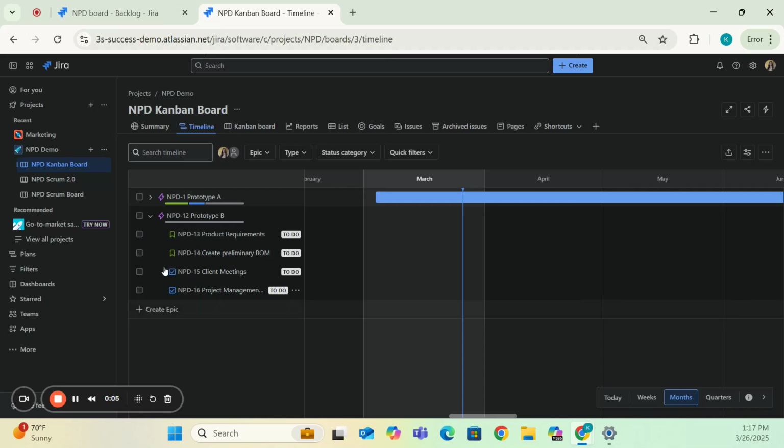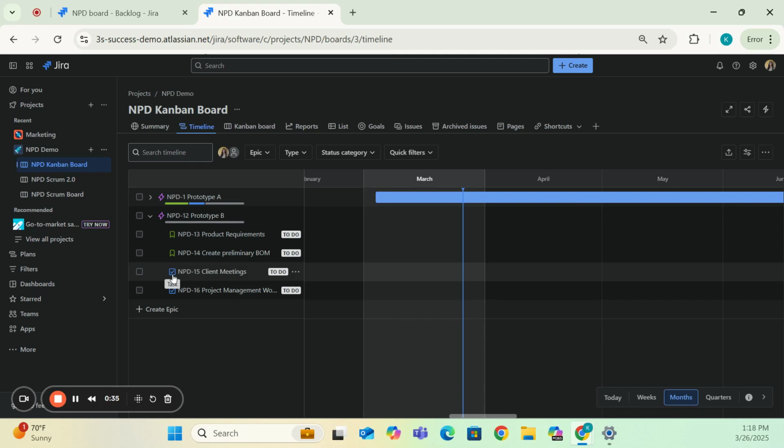In this video, we're going to review how to change the work item type for a specific task. All right, so here you can see I have two items here. One work item is for client meetings and the other work item is for project management work. Right now, these work items are task types. I would like them to fall under project management, and I accidentally created them under the wrong work item